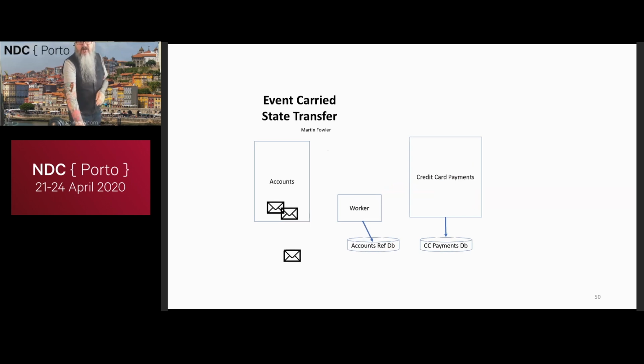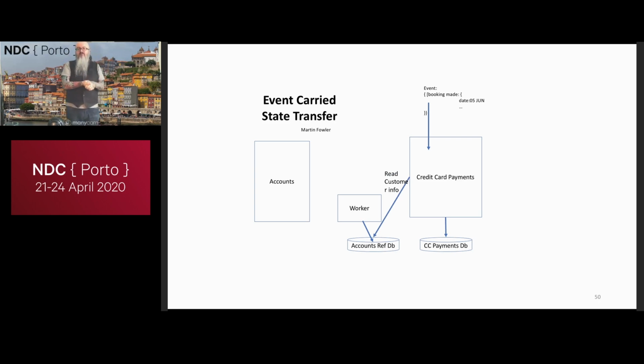And the accounts service essentially says, credit card details have changed, customers changed their address, customers changed their surname because they got married or whatever, and that's very traditional. Then when the credit card payment comes in, we're able to read from the accounts data to get the credit card information that we need and take the payment. And that's a very simple model again with event-carried state transfer.